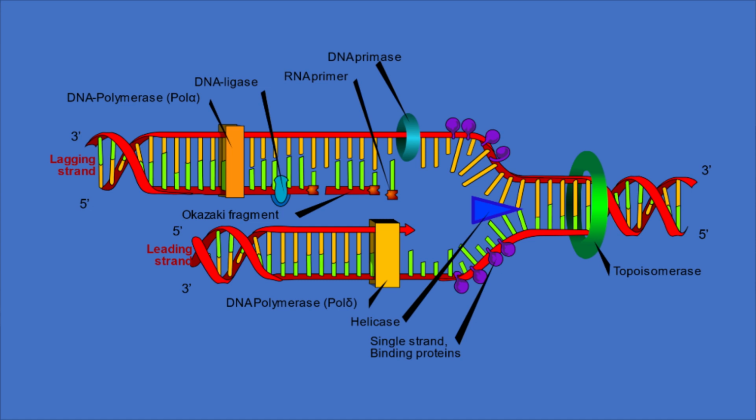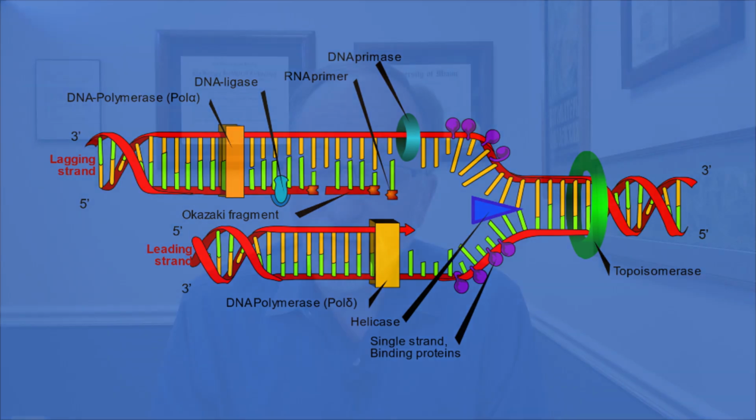Later on, another protein comes, removes the RNA, replaces it with DNA, and then DNA ligase can join it together. That's really complicated. That is some really high-tech stuff, and a lot of research has gone into figuring this out. We're talking about Nobel Prizes, PhD dissertations, billions of dollars of money spent trying to figure out how that one system works. But notice, all those proteins that are required for the system to work